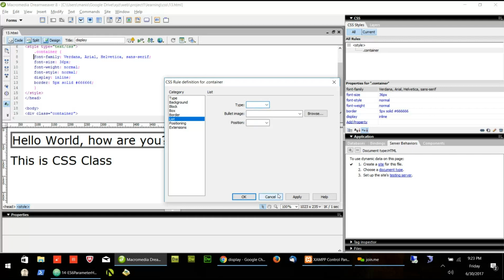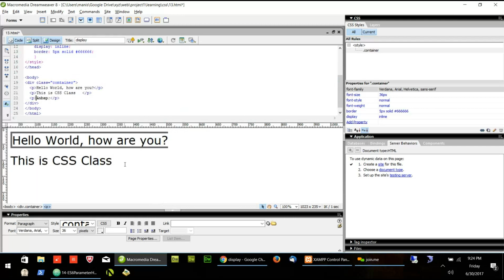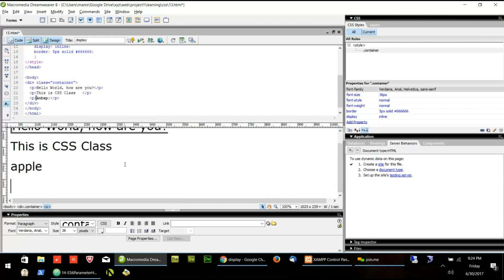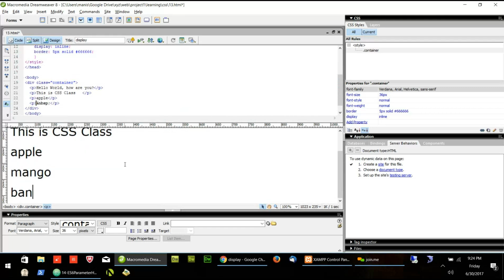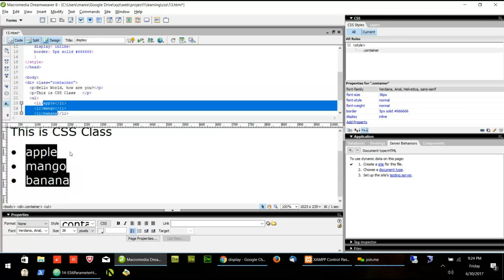For example, let's create one list. Apple, mango, banana.